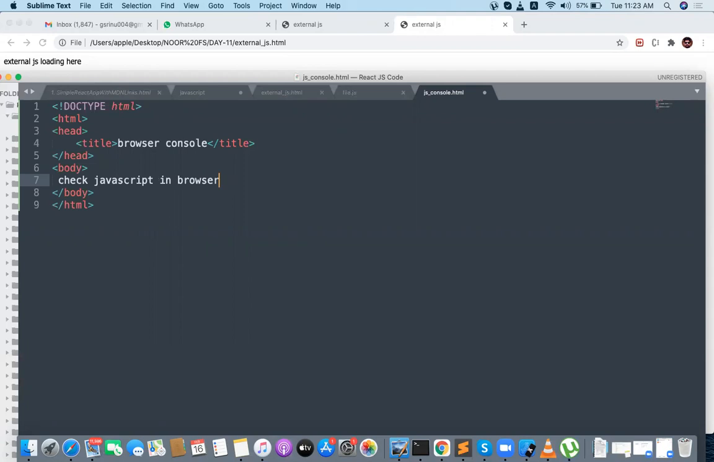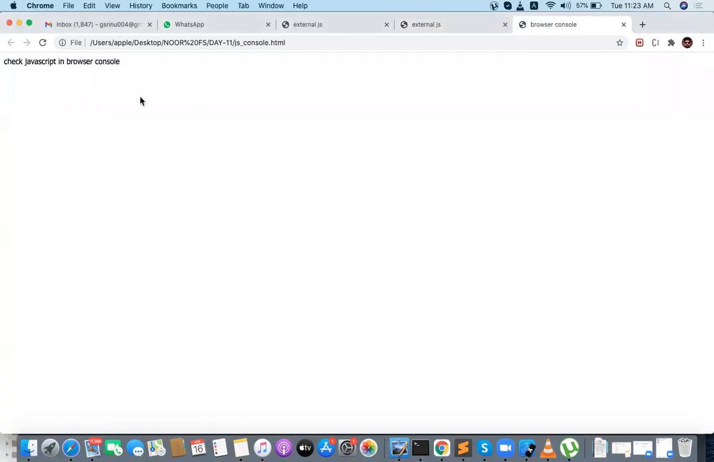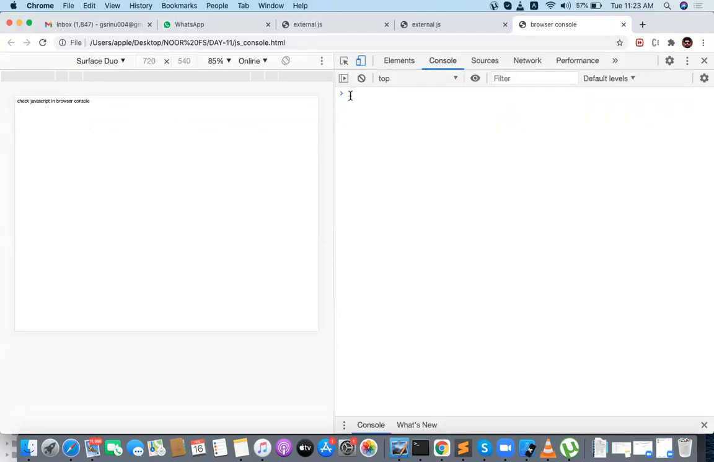Check JavaScript in browser console. I want to open the console window, then only you will be able to check your JavaScript. Open the browser. So, check JavaScript in the browser console here. How to open the console window for Chrome? Chrome browser has a console window with inspect. Right click, inspect, and check the browser console here, the console window, and there you can write your